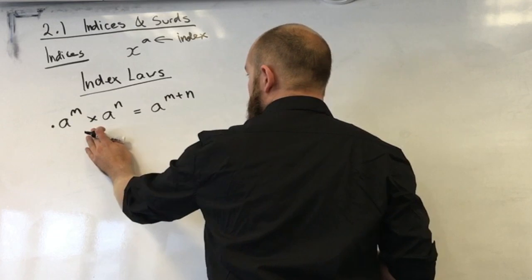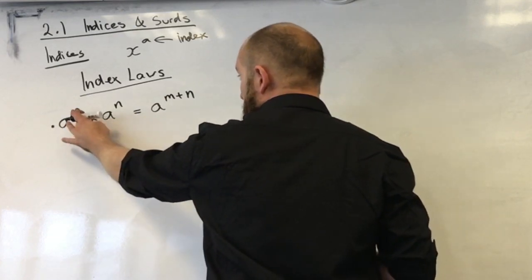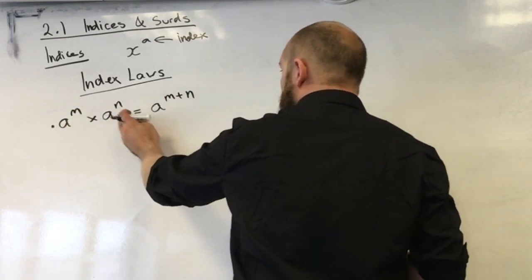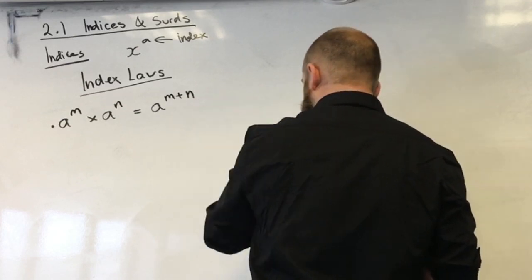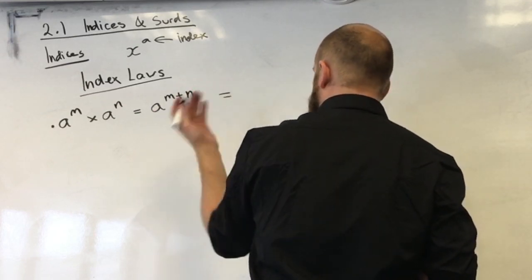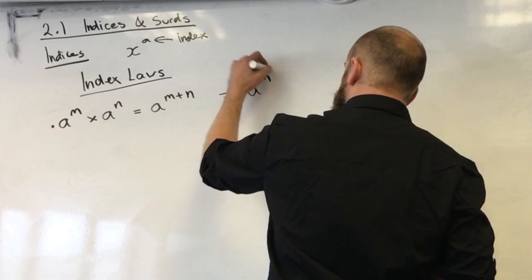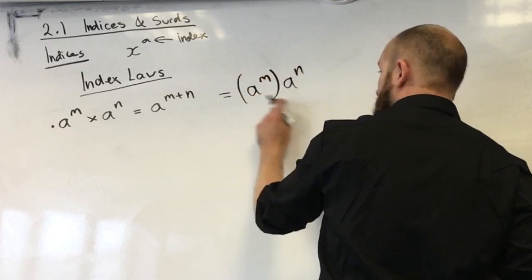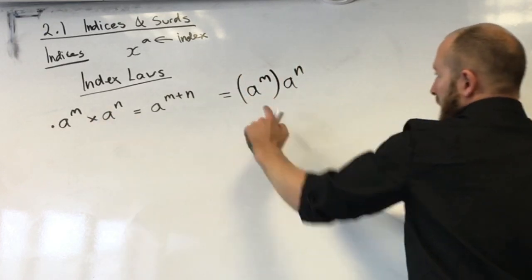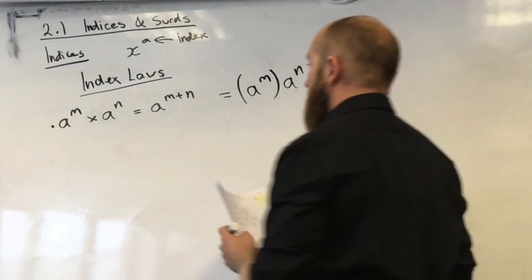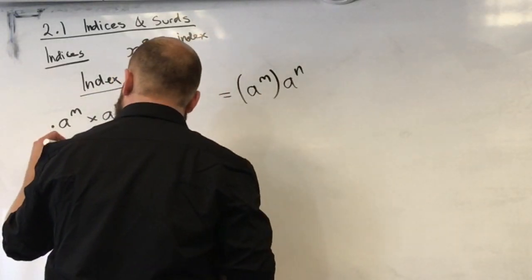So a to the m times a to the n, so anything to the power m times the same thing to a different power, you can add the powers together. Just common notation, we could also say a to the m times a to the n. It doesn't have to have a multiplication sign. You can just write them next to each other. Next one,